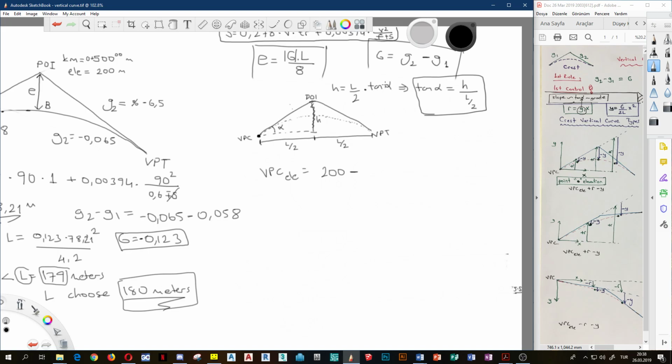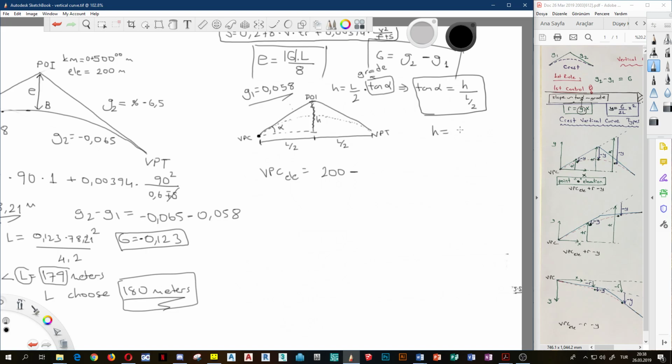What is the tangent alpha? Tangent alpha is grade or slope. What is this line's grade? This line's grade, G1, is 0.058, and we know that